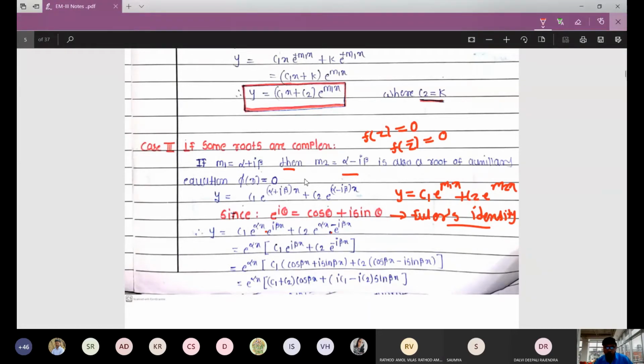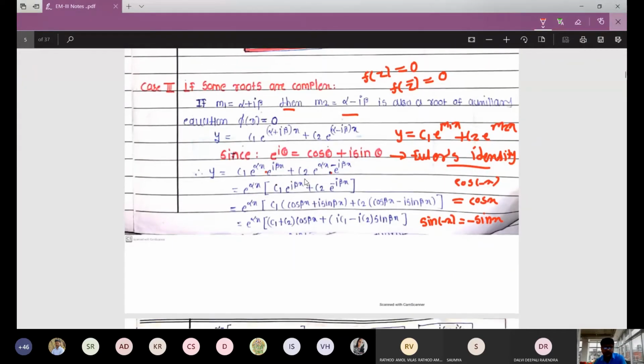So cos of minus beta x is same as cos of beta x, because cos is an even function, cos of minus x is same as cos of x. That's why cos of minus beta x is same as cos of beta x. But what about sine? Let me remind you, sine of minus x is equal to minus sine x, and that's why we get a negative sign here, because we are putting theta equal to minus beta x, so we get minus i times sine beta x. That's why this negative occurs here.